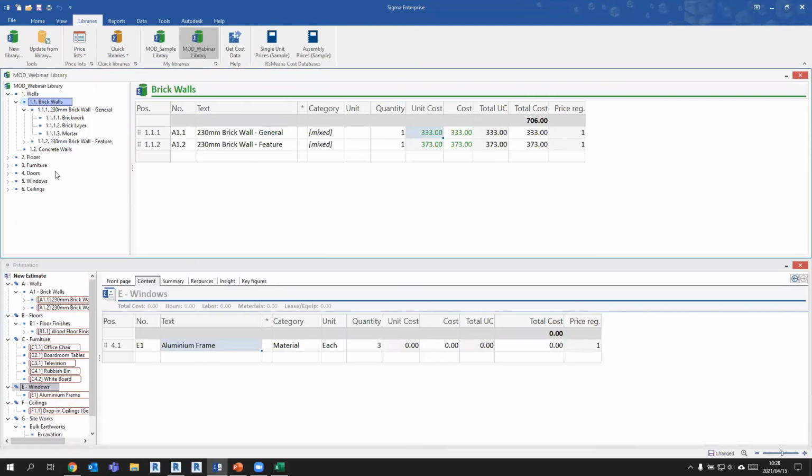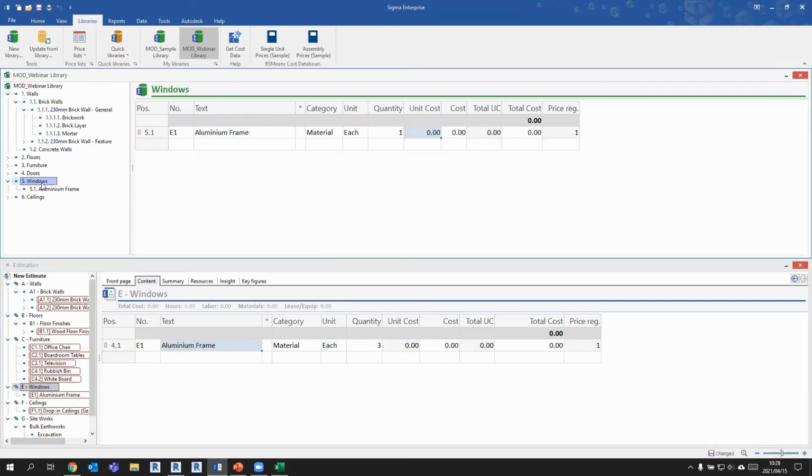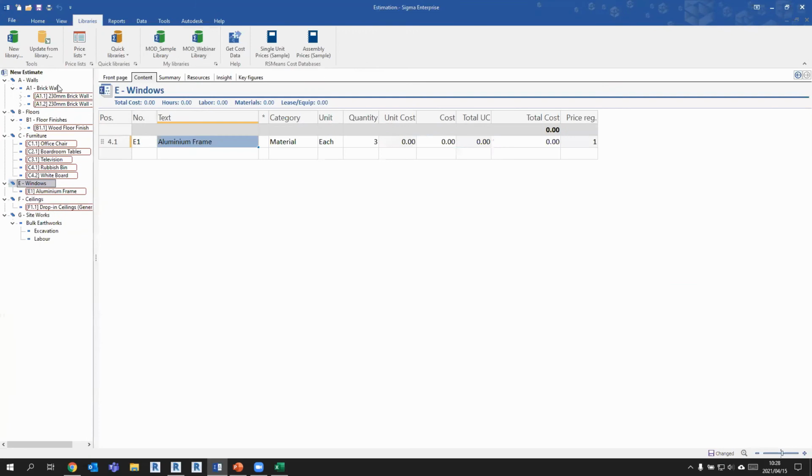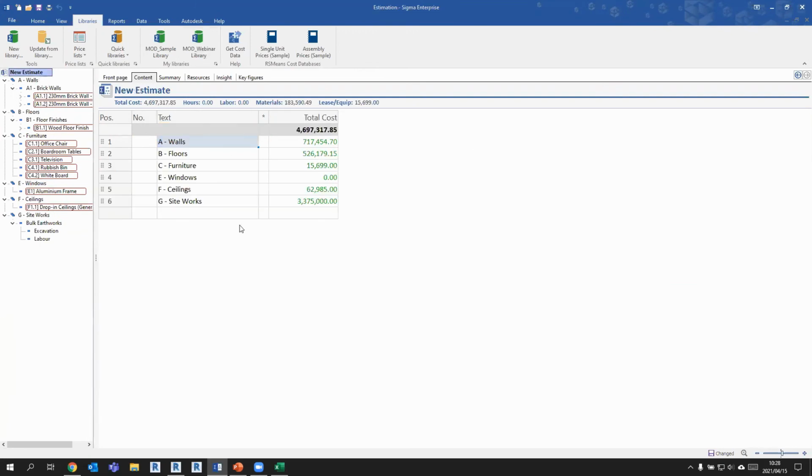My window in itself didn't have a cost within my estimation or in my library. The reason being, it might be that we need to quote for this and we need to get a figure from whoever's going to manufacture the window and install them or whatever the case might be. But it was as quick as that, just to get our project updated through using a library that matches our